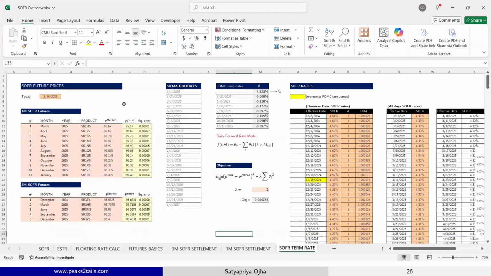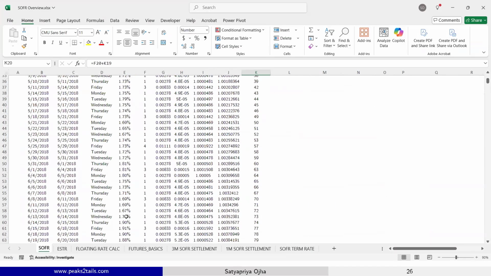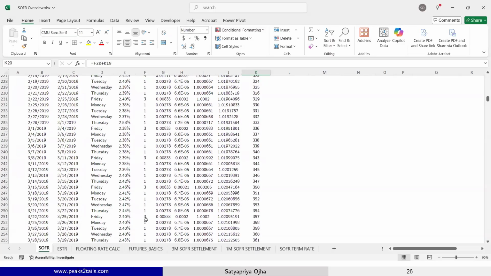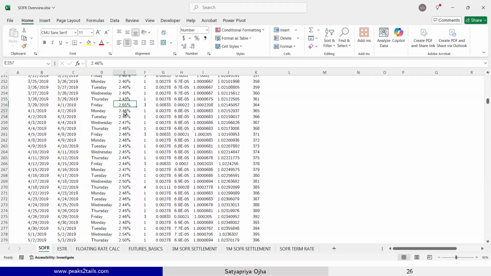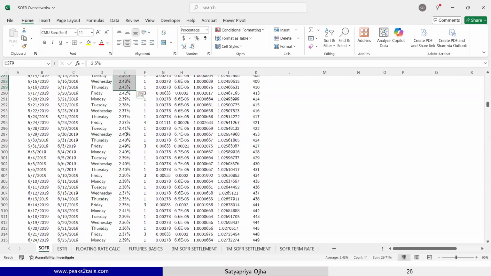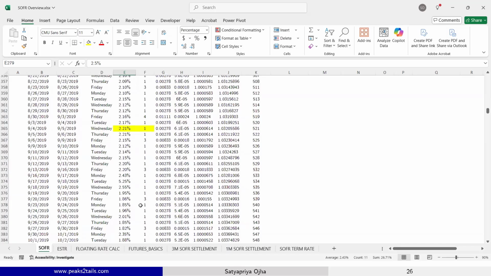Let's talk about a few ideas of how CME actually comes up with the term rate. First and foremost, understand one thing. This is very, very interesting. It's an important concept. If you look at the SOFR rates, day by day, do you see much fluctuation? 2.46, 2.46, 2.46. It's pretty much constant. Not a huge fluctuation. You don't expect a normal distribution or anything. There are a few little variations here and there, but the key fact to note here is